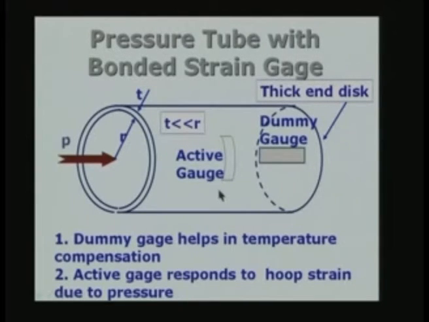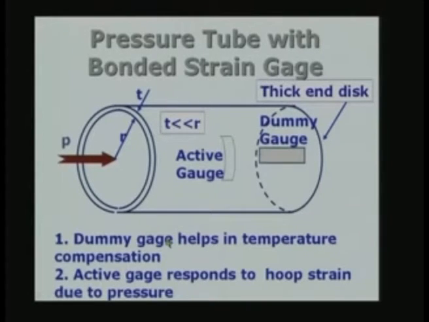Therefore, if I locate a dummy gauge very close to the active gauge, that means that these two are going to essentially experience the same temperature variations in the laboratory. Both the gauges are going to undergo similar changes in resistance because of temperature, and therefore, the dummy gauge acts as a compensation for the temperature change. That means that the dummy gauge and the active gauge both undergo similar changes in resistance due to temperature changes, and therefore, they are going to cancel each other. Depending on how we are going to connect it later on, we will see the circuitry. At that time, it will become clear how to connect it.